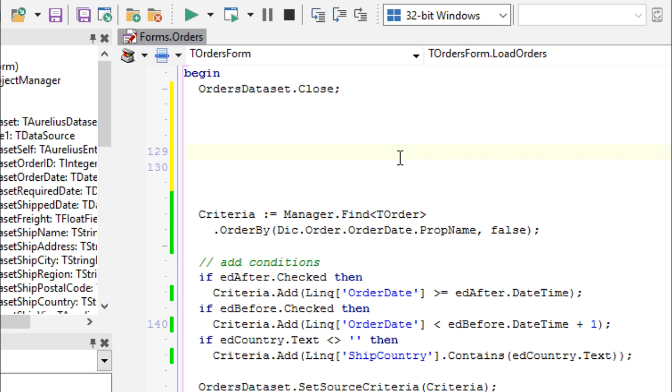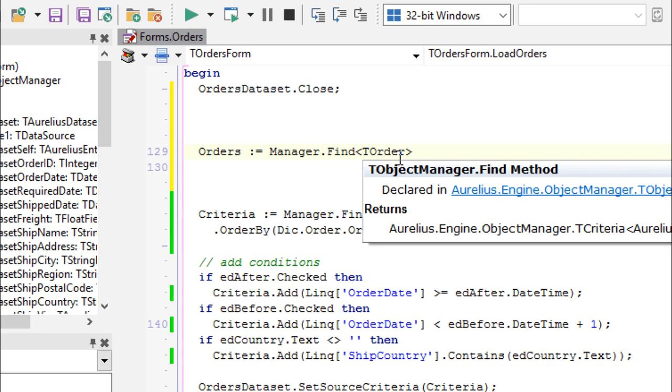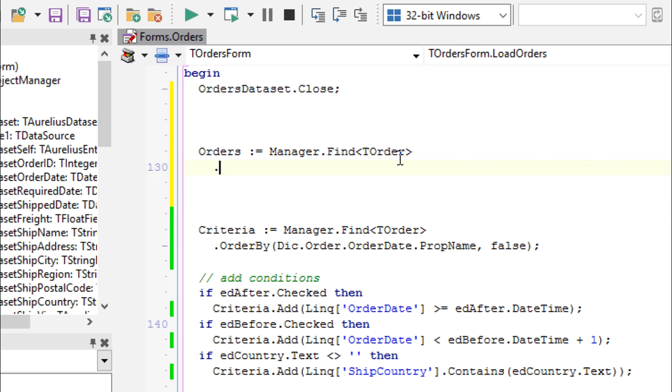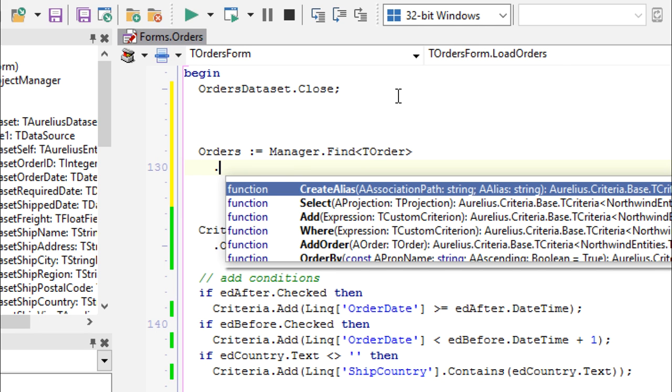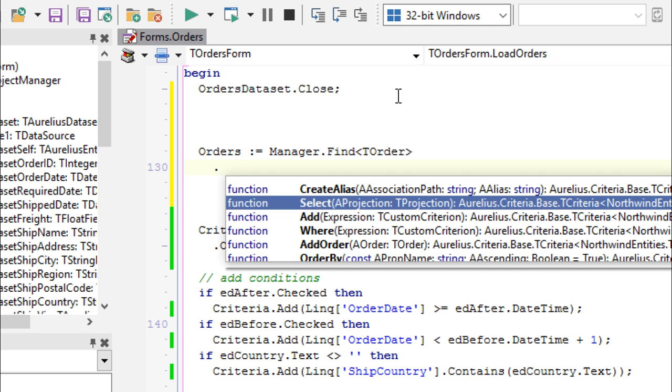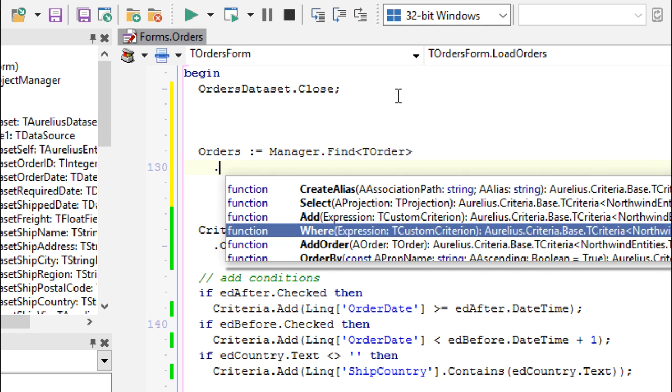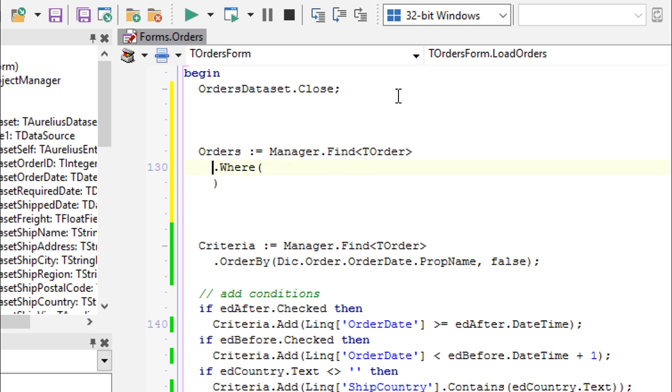You don't have to add a SQL statement, a where statement, manually. You simply use object-oriented queries. For example, if I have to retrieve a list of orders, I use the find feature, and this gives us the criteria API for Aurelius. So, for example, I can use select or where or order by. If I use where, for example,